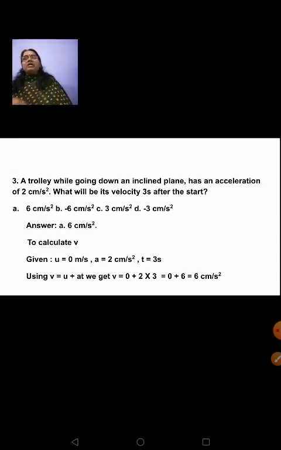See, during the class itself I have told you how to apply equations of motion. You have to look out the values given and accordingly you have to decide. See, acceleration can be calculated by using the formula V minus U upon T also. So in that case, you can put this acceleration as 2, which will become little tedious. So in that case, you can go for equations of motion, V is equal to U plus AT. You have to calculate V. U, A and T are already given in the question. So that is the easiest way. This is how you have to work.